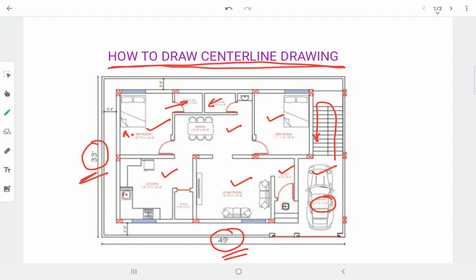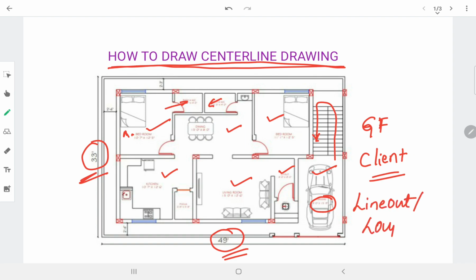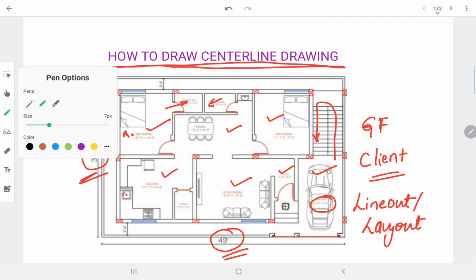Generally it is a ground floor building only. When the plan is satisfied by the client, we must go for the line out, or what we call the layout, or fixing of column locations.